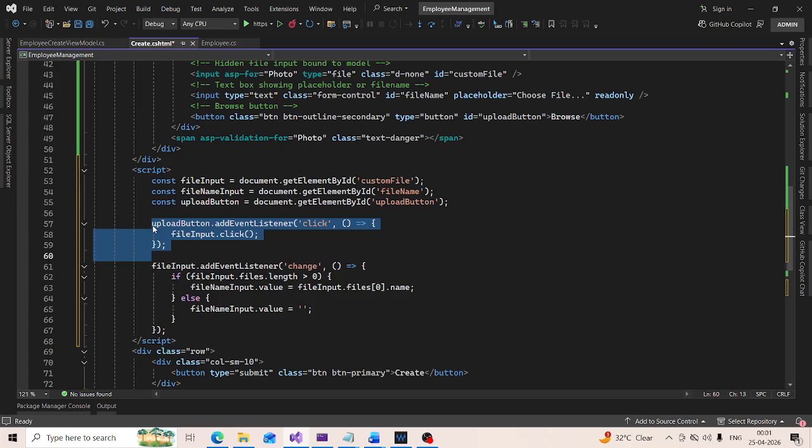Simulating file selection, upload button dot add event listener. When the user clicks the browse button, the script programmatically triggers a click on the hidden file input. This opens the system file picker dialog. Even though the actual file input is hidden,